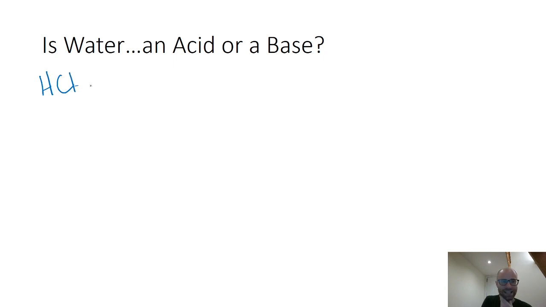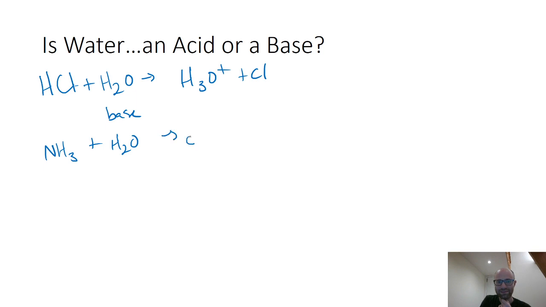When reacting HCl with water, it's a base. When reacting NH3 with water, it's an acid. What you could say is that water is an acid or a base when the context shows it. And that's why I like the Brønsted-Lowry acid-base theory. You can kind of look at it. It depends on what else is there. Now, the weird question